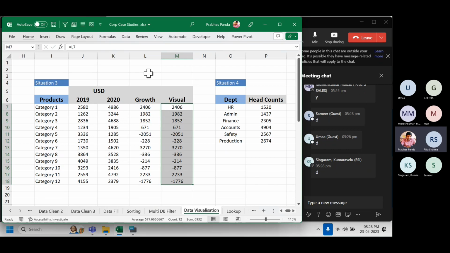Now, once your data is ready, select the visual column data only, not the header, only the data, and